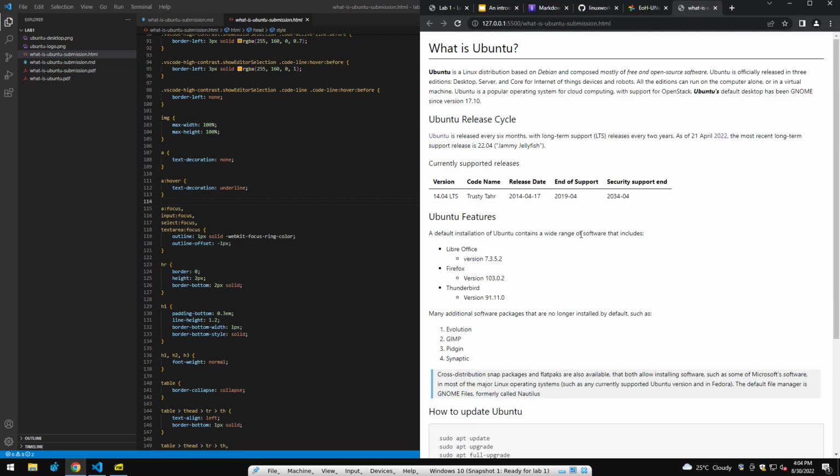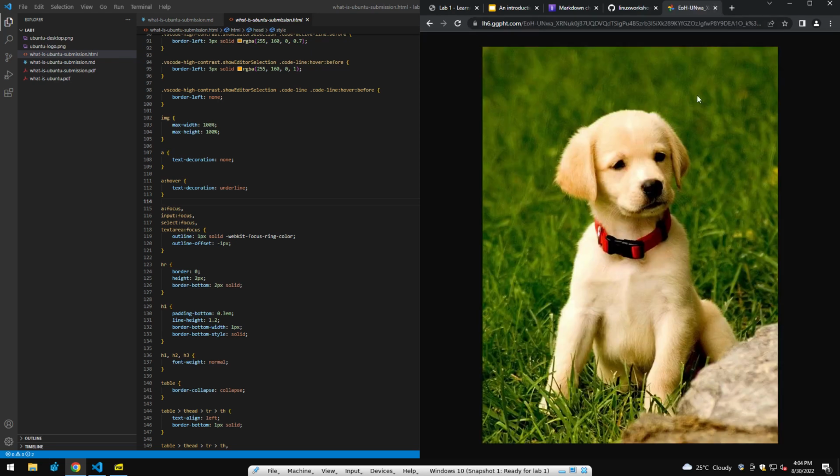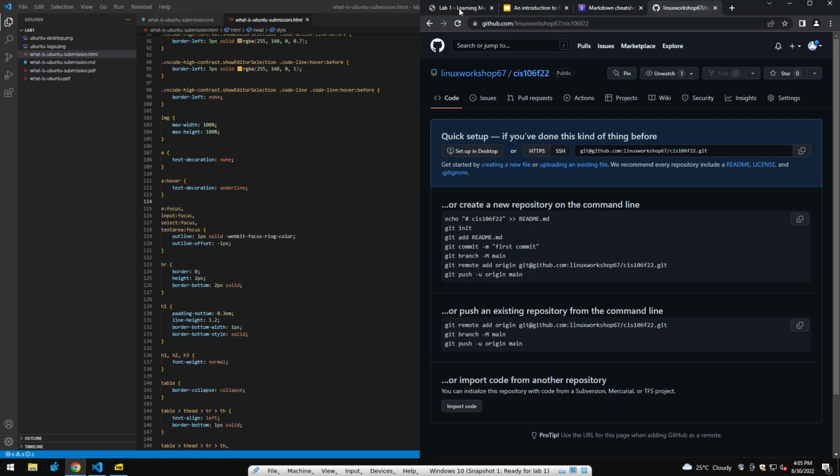And from there on, if you already know a little bit of CSS, you can start playing around with it. This was done just for demonstration purposes, so you can see the power of Markdown and why you should learn it. So we're gonna close this, we're gonna close that. Next,